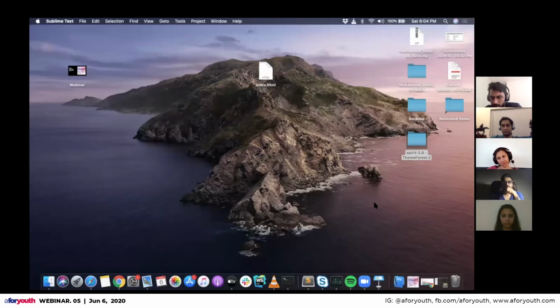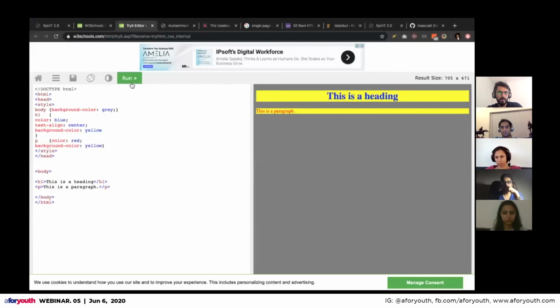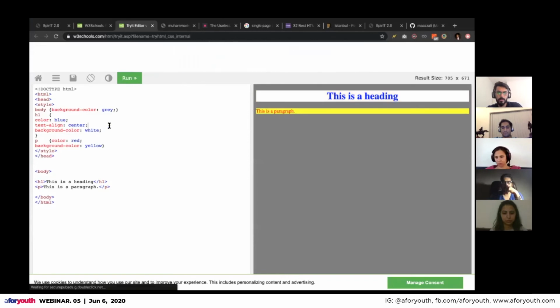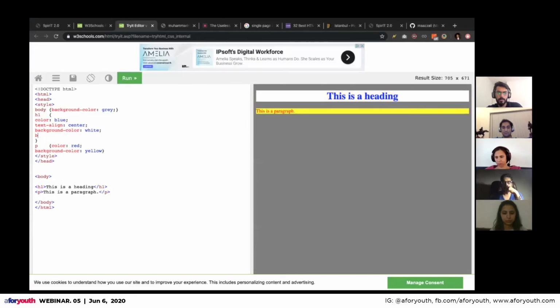What is the difference between padding and margin? I told you that I want this background color to be white, and the border is 5px right now. Let's do 2px solid.